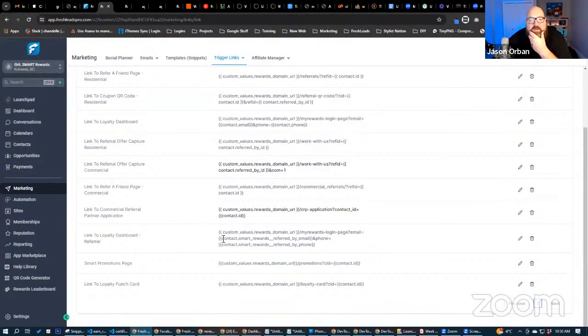So this one here, we're pulling some smart rewards stuff. We're pulling the referred by phone number. Here we're doing a contact ID. We're using this in our script. So we pass CID instead of contact ID, because if you put contact underscore ID, no matter what form they fill out, it's going to get tied to the contact with the contact ID in the URL,